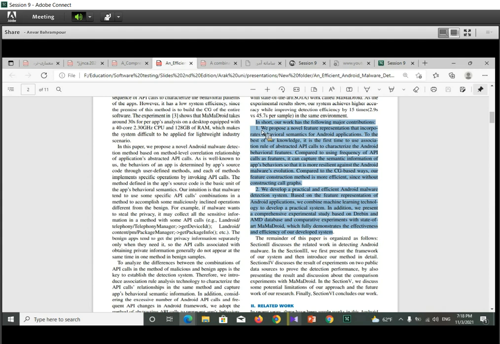This proposed method probably has two advantages, two contributions. The first one is we propose a novel feature representation that incorporates behavioral semantics of Android applications. To the best of our knowledge, it is the first time to use association rules of abstracted API calls to characterize the Android behavioral features.